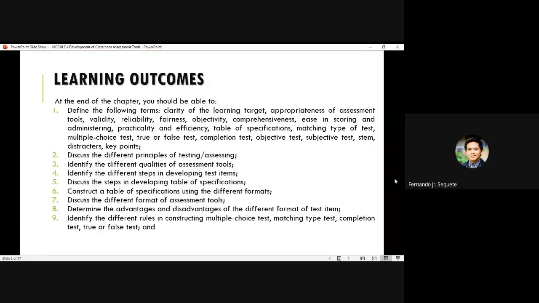identify the different rules in constructing multiple choice test, matching type test, completion test, true or false test, and then of course the last part is, since I will be giving you different rules on how to construct those test items, this is now the time na kailangan ninyong gumawa. Okay? That is why, children, bibigyan ko kayo ng pa-heads up, no? One of